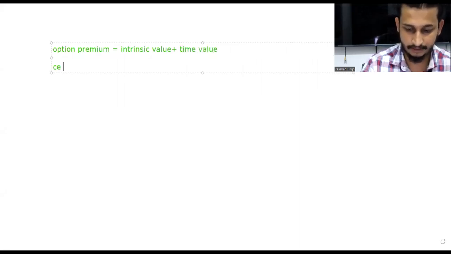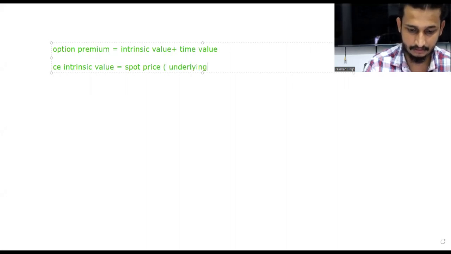Call option intrinsic value formula, ठीक है, spot price, basically underlying asset price, माइनस स्ट्राइक प्राइस, ठीक है।